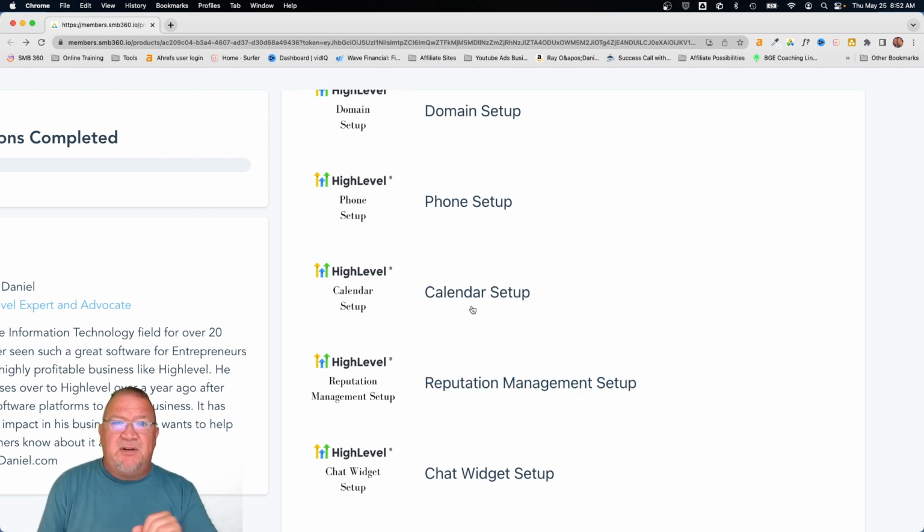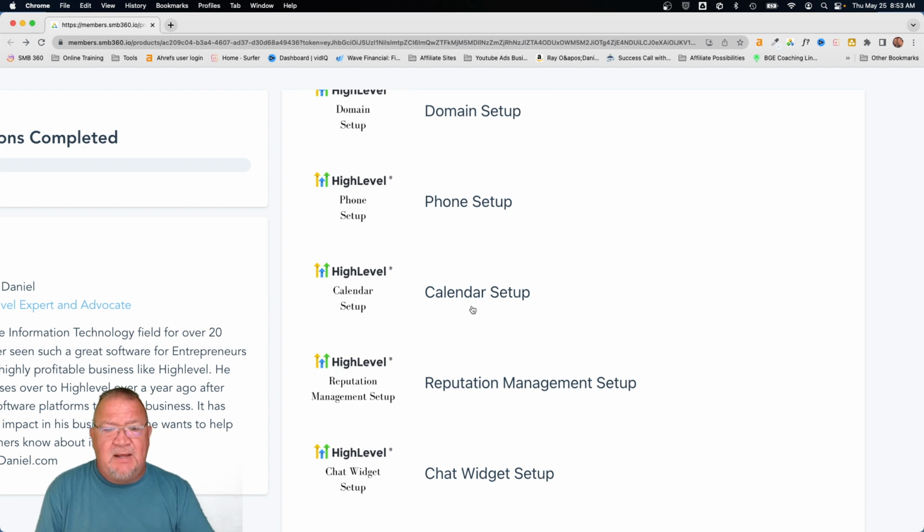Calendar setup. I will tell you this is a longer video. There are lots of options that you have inside of the calendar. It's a very comprehensive, very robust calendaring system, but it's not complicated. It's just a couple of different choices that you have to select whenever you create each calendar. Now, if you have a sales team and multiple sales calendars, this could take you a couple of hours initially to get all of the calendars set up and connected to the users. So this is a little bit longer of a video, but well worth the watch